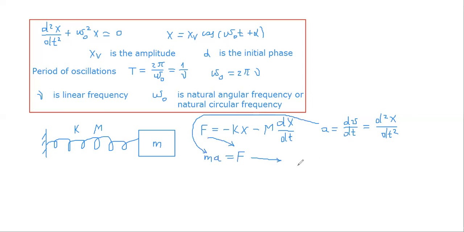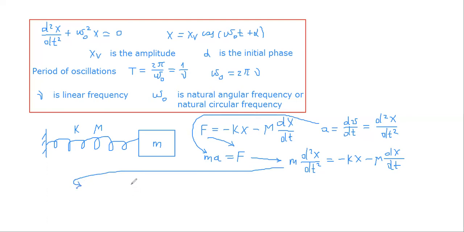This will be m, second derivative of coordinate by time, and this is the same as minus k x minus mu dx by dt, and we can make some algebraic changes in this equation, and this can be written as